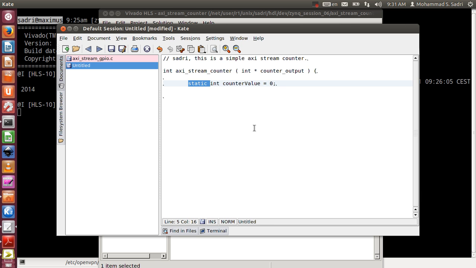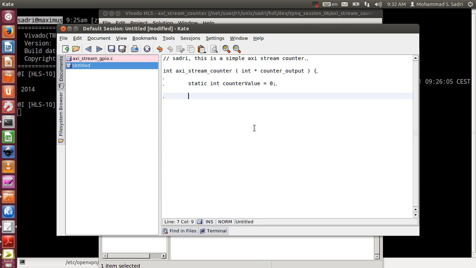It is static because every time that I call this function, every time that this hardware executes its task, it should begin from its previous state. In every clock cycle that this hardware is run, the task is counting, so it should count from the previous value. So I define this as static, and